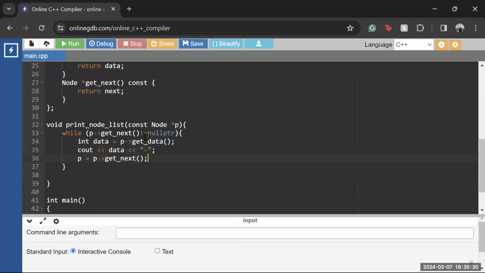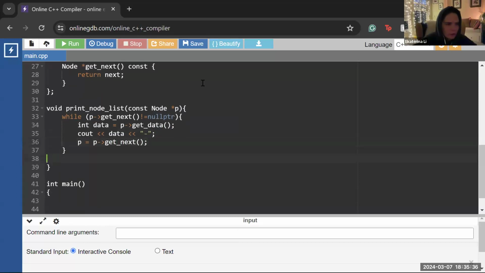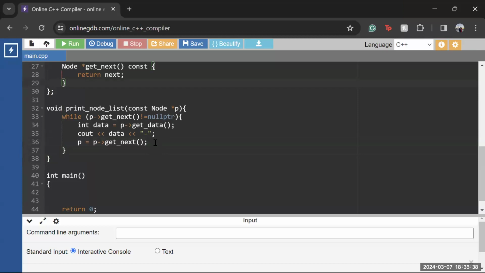I don't think I understand this function at all. Well, let's look. Are we done with it? We're not done with it, right? Not yet, no. And then after the while loop,